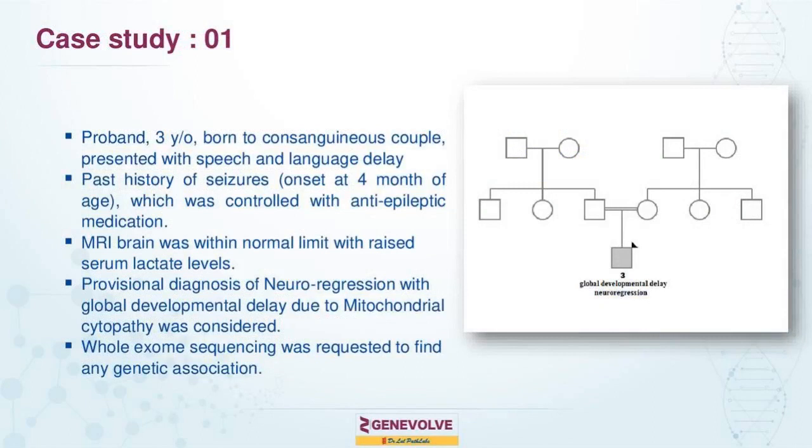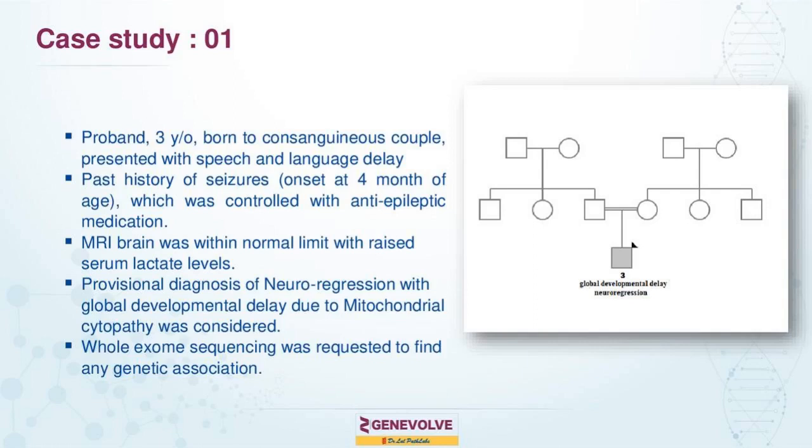So here is case number one. If you can see on the right side, it shows the pedigree drawing in the form of family history. Here the squares are the males and the females are represented by circles. The affected individual is always shaded, with important information as per the guidelines mentioned below. The different ways the lines are connected show the relationship between all the individuals. Here the main patient is a 3-year-old child born to a consanguineous couple, meaning the parents were married within the same family.